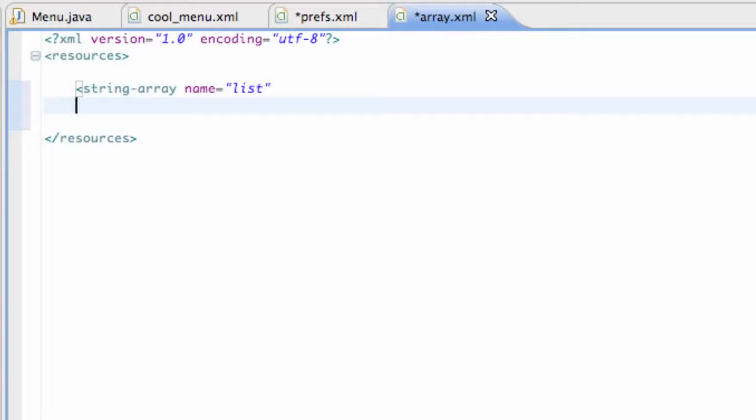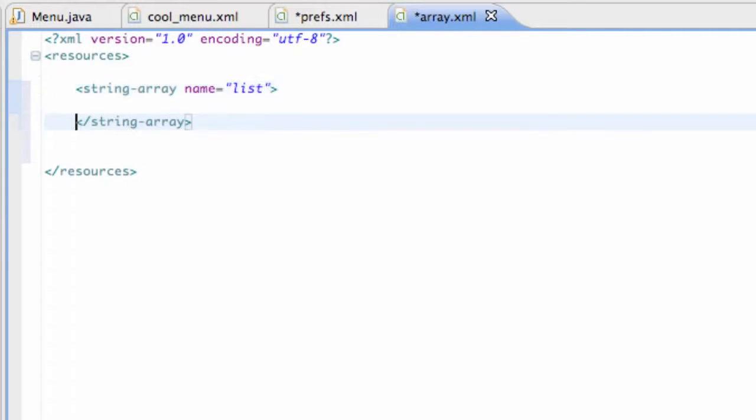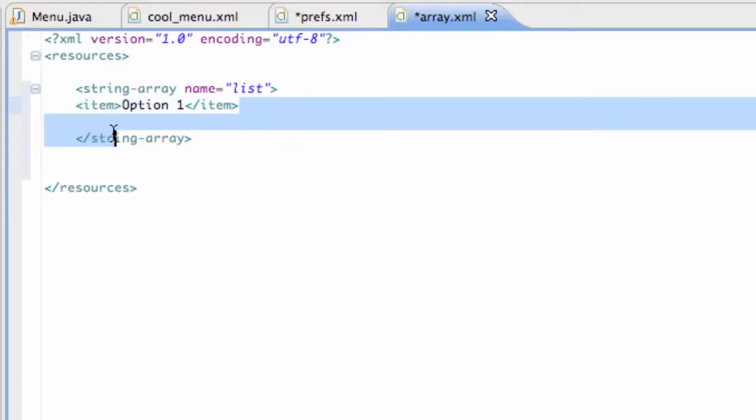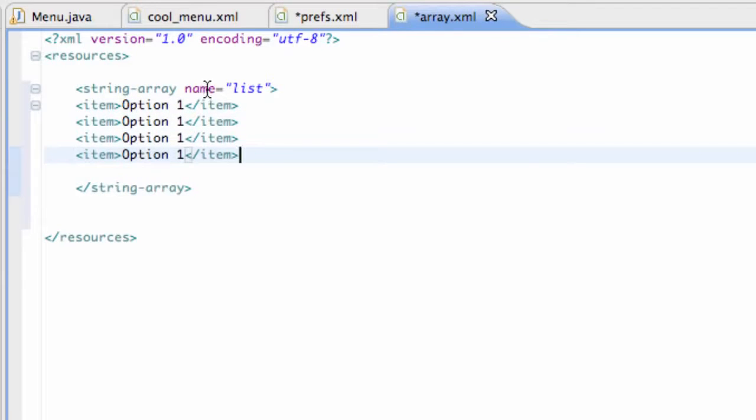And then all we're going to do is set up some items within this string array. So we need to finish off our string array. That's all we need to define it as, and then hit enter a few times so we can work within the string array and add some items to it. So we're going to say item, and then you don't even have to set up the item like we generally would. We just need to kind of put something within both item and the close item brackets there, and we're going to call this, I don't know, option 1, and just copy and paste this 4 times or something, however many times you guys want, and then just change the variables